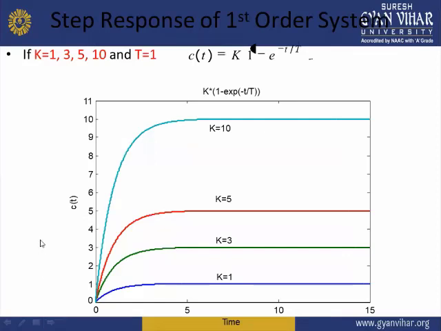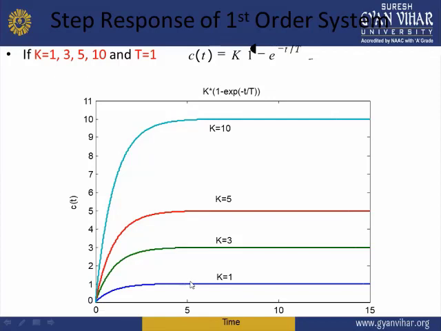So when I substitute the various values of gain and the time constant T equal to 1, look at this. At K equal to 1, the gain is less, and since the gain is less, the magnitude is also less. Here we are getting the response with K equal to the gain. In this case, you will find that at near about 5 seconds, in each of the gains, you are getting the steady state.